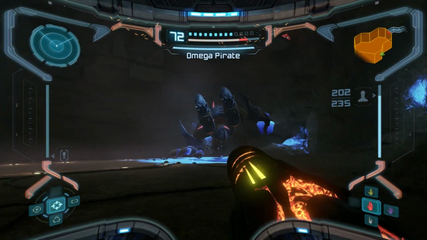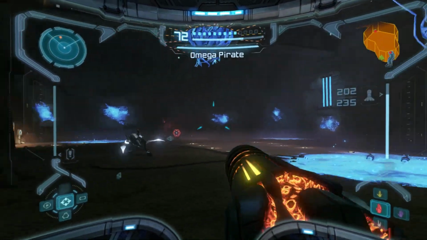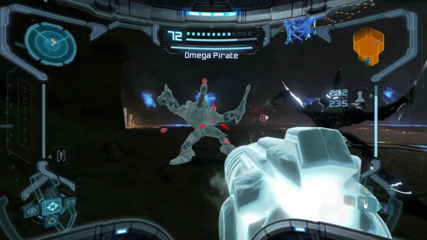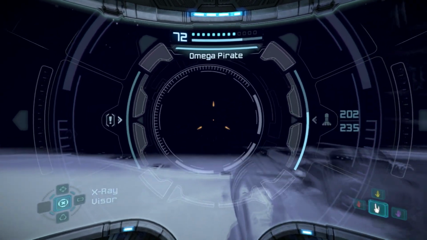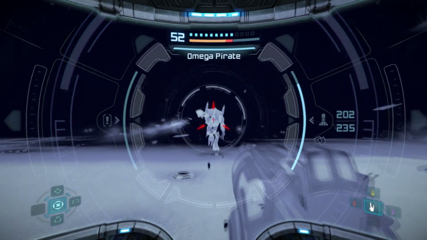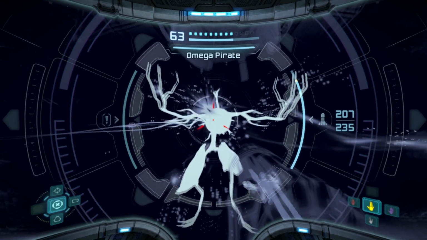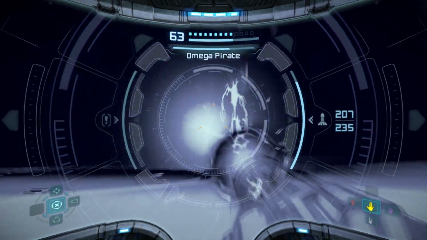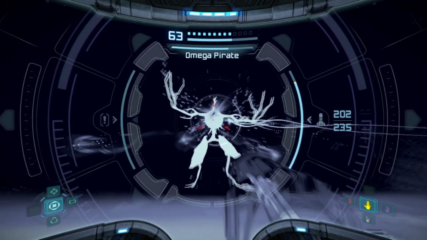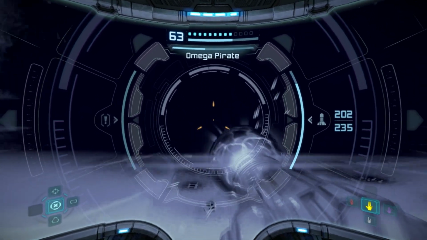Okay. Now that all of his armor plating is gone, he's going to turn invisible and try to heal. Find him through the X-ray visor, and I would advise to use super missiles. Okay, there we go. Another one bites the dust. It takes 4 super missiles when he's at this point to...